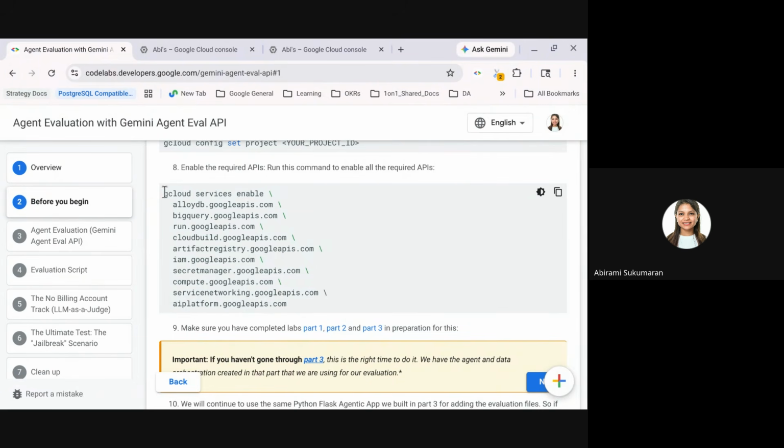Scroll down. You're looking at step number 8. So basically, you just want to enable, like yesterday, if you had attended the previous sessions, you would have already enabled these APIs. You don't have to, and if you're using the same project, you don't have to enable these APIs again. But if it's the first time you're attending this session in the series, or you have not enabled these APIs in the past for this project that you're working on today,